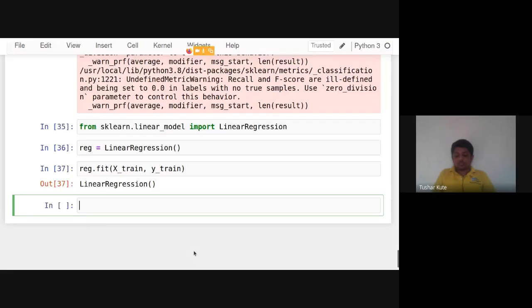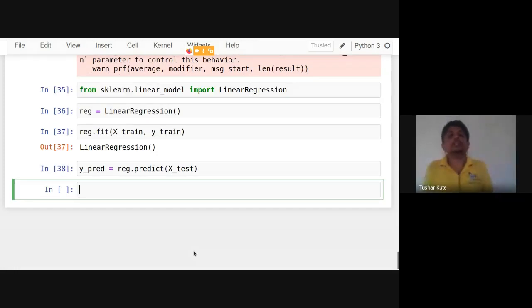Now the same kind of task we'll do for the regression algorithm also. Now, y_pred is equal to reg.predict(X_test). So for the remaining entries I will be providing, y_pred will be generated.